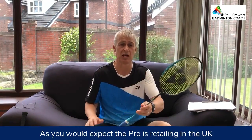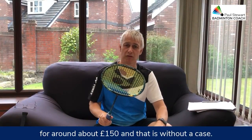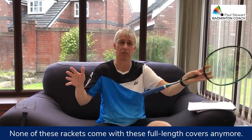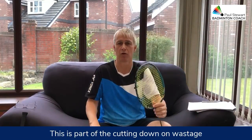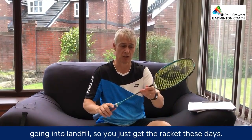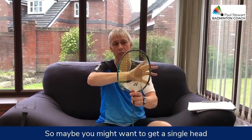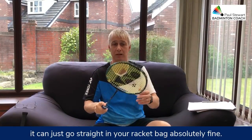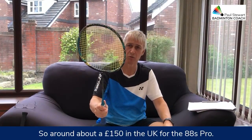As you would expect, the 88 Pro is retailing in the UK for around about £150, and that is without a case. None of these rackets come with these full length covers anymore. This is part of the cutting down on wastage and finding a lot of racket covers are going into landfill. So you just get the racket these days. So maybe you might want to get a single head cover just to protect the head. If not, it can just go straight in your racket bag, absolutely fine. So around about £150 in the UK for the